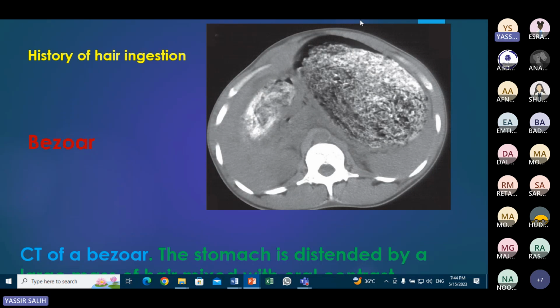This is a patient with a history of hair ingestion. What is the imaging modality used in this image? CT of the stomach. And what is this condition called? The patient presents with a history of hair ingestion. You can see this is hair of different density, with the contrast, and the hair is undigested. The stomach is distended by this undigested hair with contrast. This is called